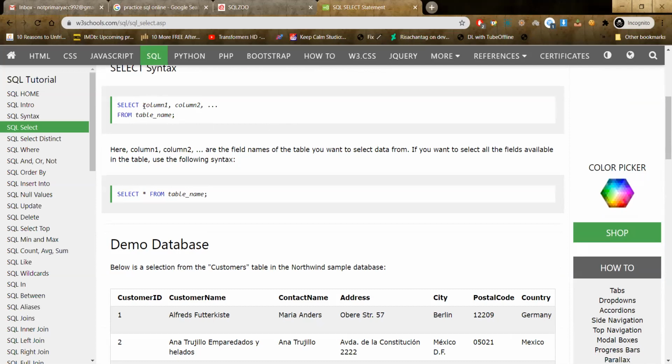You can add as many columns as you want here, provided that the columns you are specifying are all present in the table, and you don't specify more than the number of columns that are present. That is going to give you an error. So you can specify as many columns as you want, one column or all columns. Now, in case you want all the data from a table, you will do select star or asterisk, whatever you want to call it, from table name.